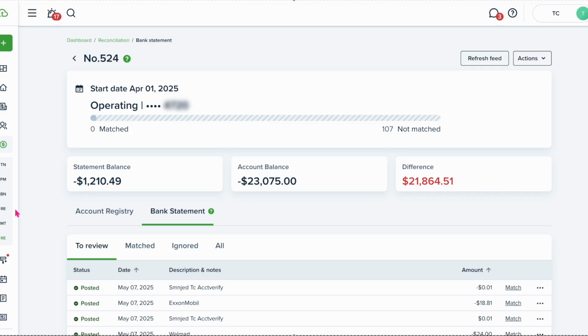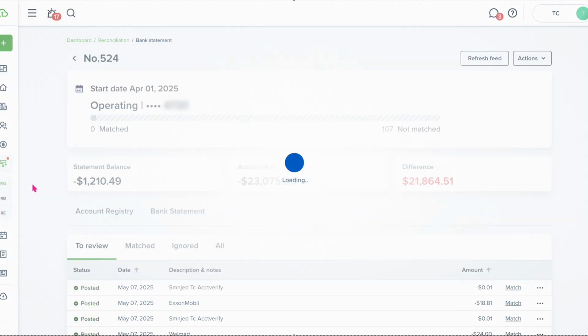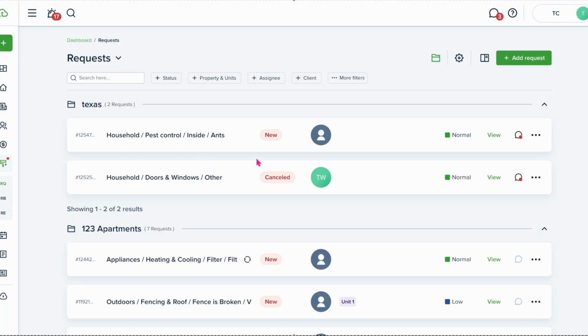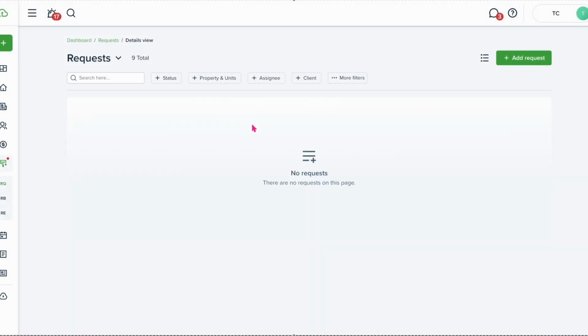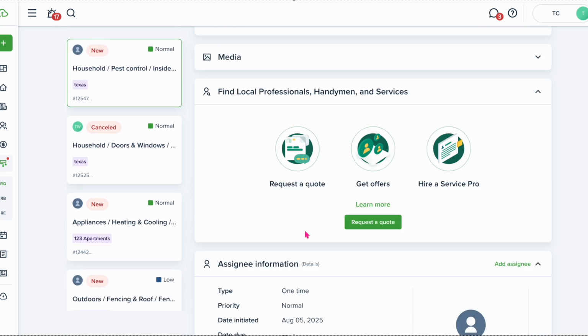The next section we'll take a look at is going to be the maintenance section. First, we'll take a look at requests, and this will show you all of your requests: open, new, canceled, in progress. You can do this in the detailed view or the list view. The detailed view will give you tiles on the side